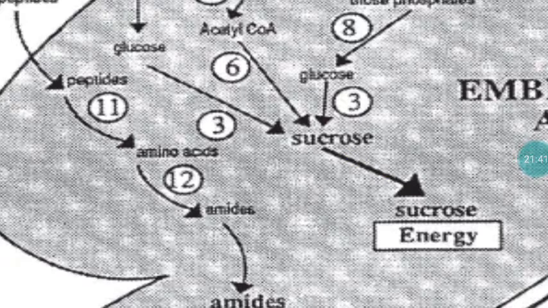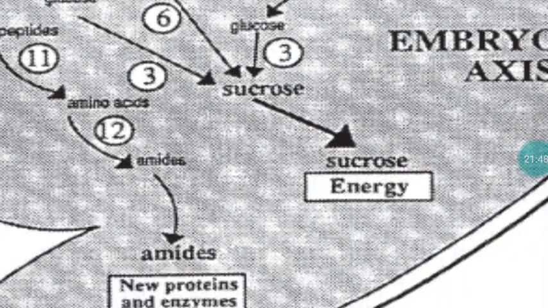Again, that sucrose reaches the living cell area and is converted into glucose. That glucose enters the glycolysis process, which generates ATP molecules. If it is a prokaryote, it will generate 38 ATP molecules. If it is a eukaryote, we can expect 36 ATP molecules. These ATP molecules are given to the embryo for the resumption of its growth, cell elongation, and rupturing of the seed coat. So this is with reference to carbohydrate.